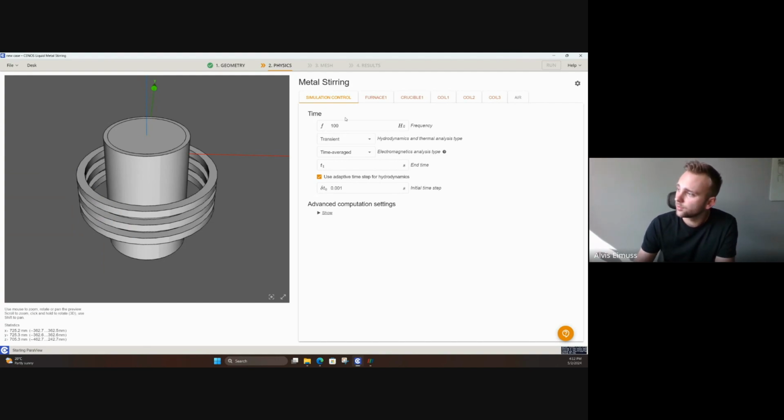And the other input that we definitely need to have here is the end time or the process time. So basically, for how long we want to model our system working. So I will put something like 30 seconds, for example. In between these two inputs, you can see that you have also control over the type of analysis for hydrodynamics,